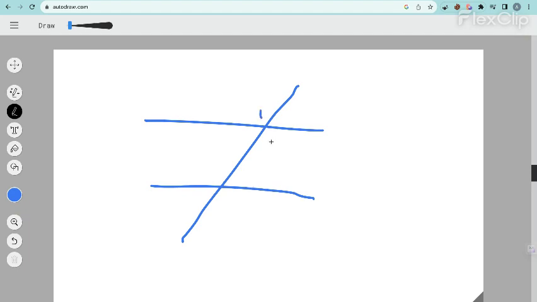Now, just putting this one line through these 2 parallel lines creates a bunch of new angles, right? You have 1, I'm just going to mark these, and then 5, 6, 7, 8. You already have 8 angles just by adding this line through. And what's important to note is that a lot of these angles have very interesting and similar relationships. The first thing are vertical angles. Vertical angles are angles that stare directly at each other. What that means is something like this and this. So 1 and 4, 3 and 2,